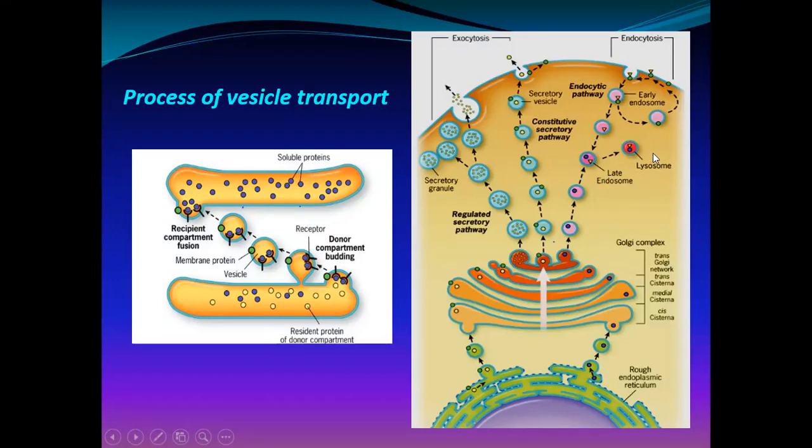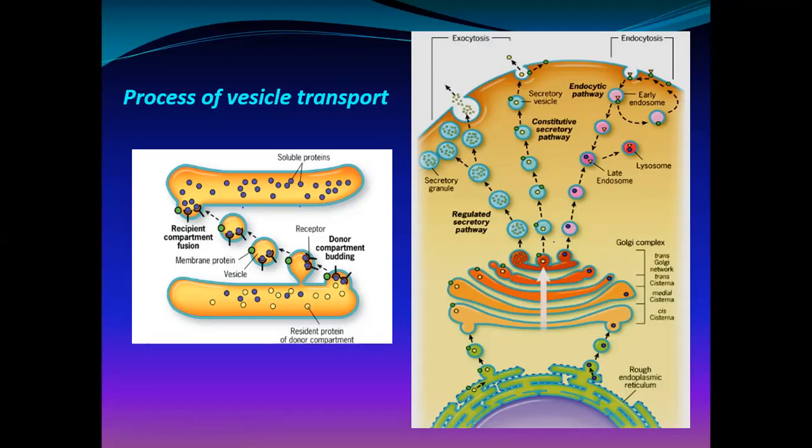What will happen in the endolysosome? It will digest the receptor, and the protein which is going to be transported will be only in the vesicle, and then that receptor molecule will be digested. Okay, and then you can see that protein will come here, right? And then the protein will be released into the Golgi apparatus, and then it will be utilized for other purposes. So this is what you call